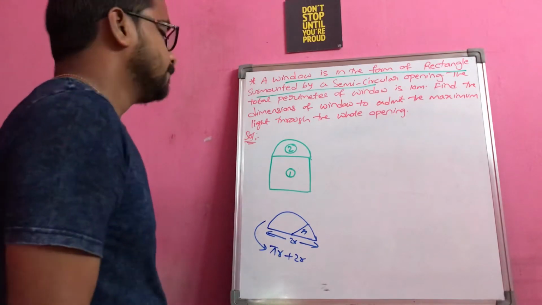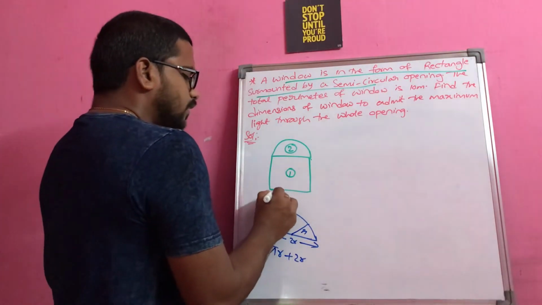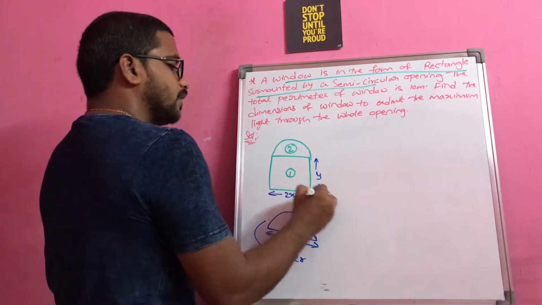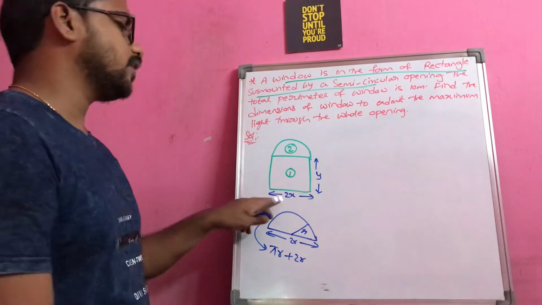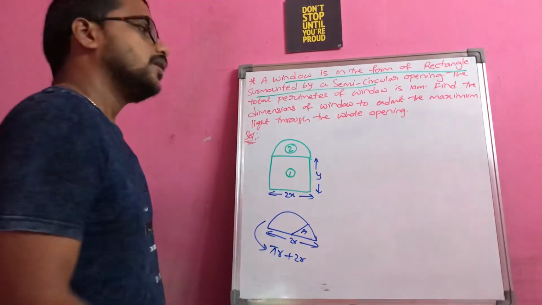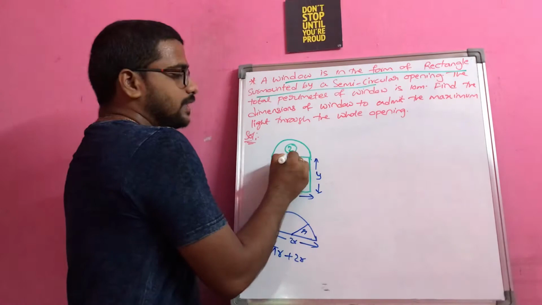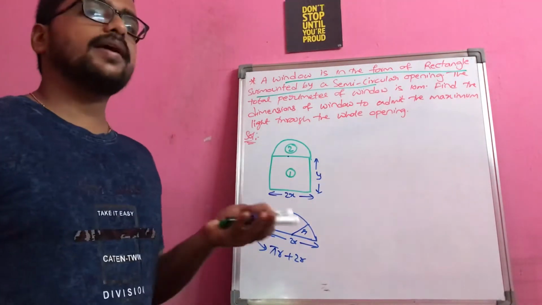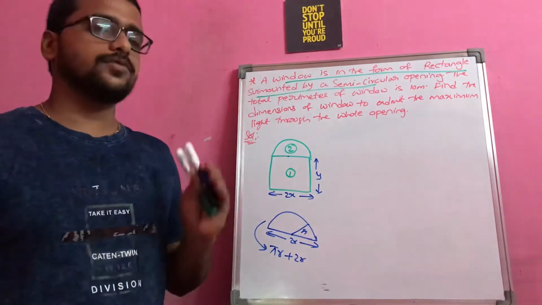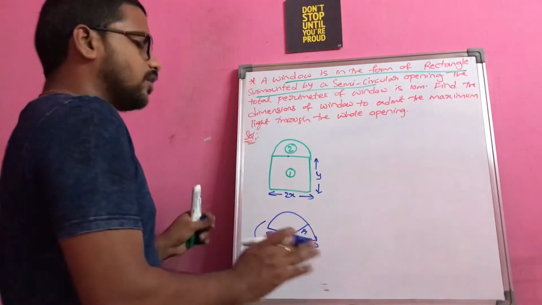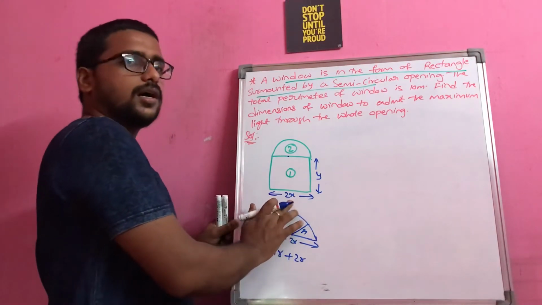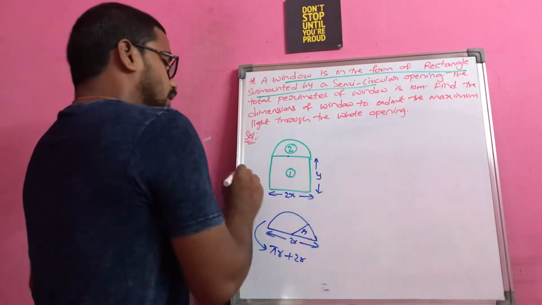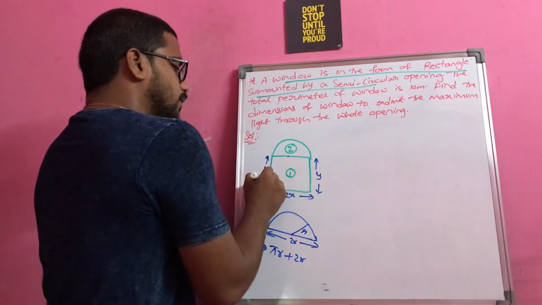So you see here, I am taking this as 2x, and this I will take as y. There is a reason for me to take 2x here. If you want you can take x also, there is no problem. But why am I taking 2x? This is actually the diameter, which is equal to 2r. That means my radius will become x if I take it as 2x. For that sake I am taking 2x. But it is not necessary that you take only 2x. If you want you can take x also, and still you will get the same answer. Right? Now obviously this value will also become y.